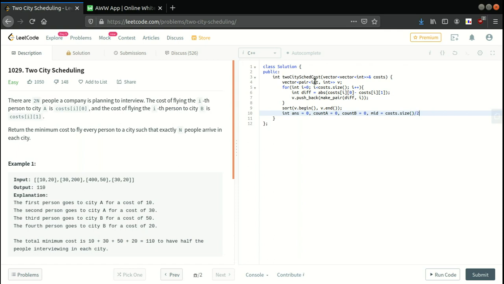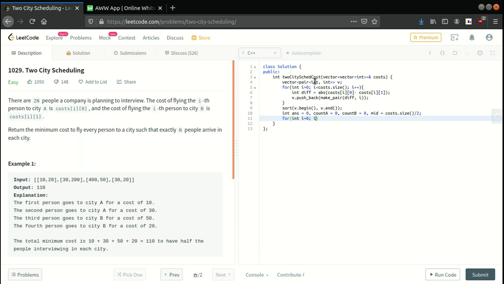This is basically for checking how many people can go to a particular city. Okay, then for int i.